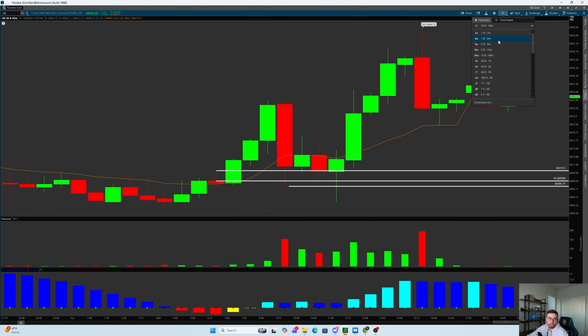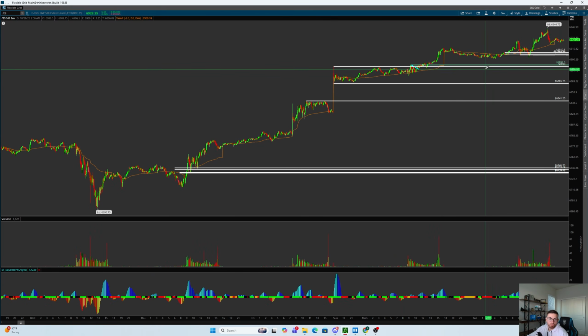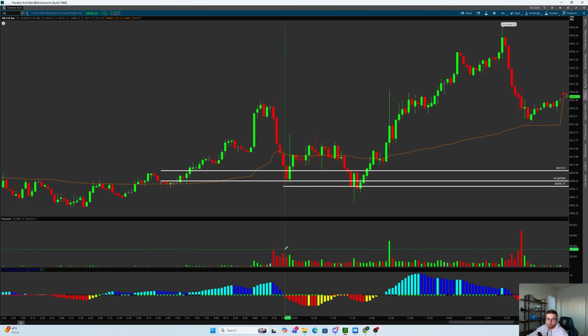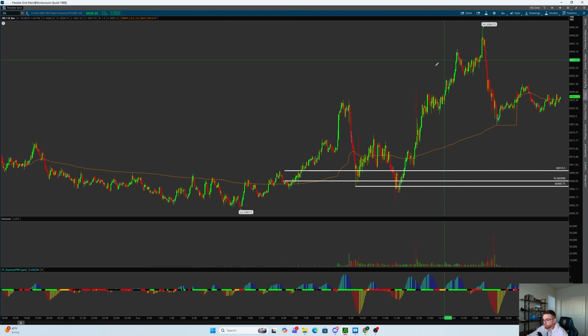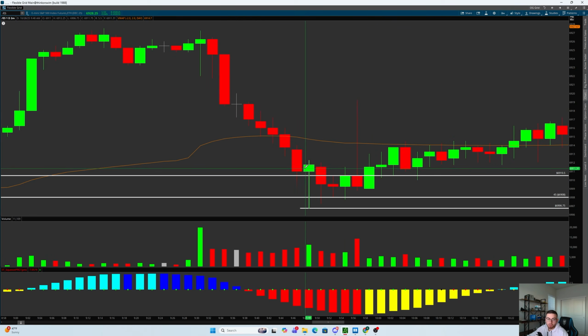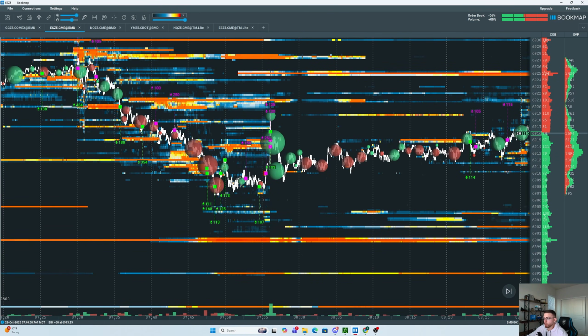So when we actually trade down into this demand zone, you can see on the 5-minute time frame that we had a lot of volume come in as well as a long lower wick. And if we break it down to a 2-minute time frame, you can also see this is a very bullish reaction. The largest volume spike since the open, again, happening at a demand zone, so it's very clear that buyers are present. But now if we go ahead and we look at the order flow, this is getting a little